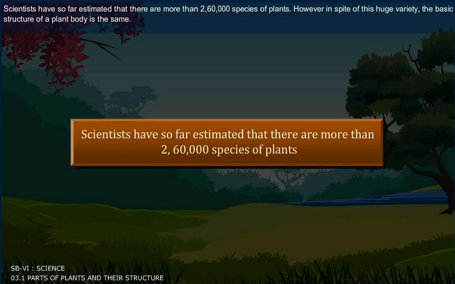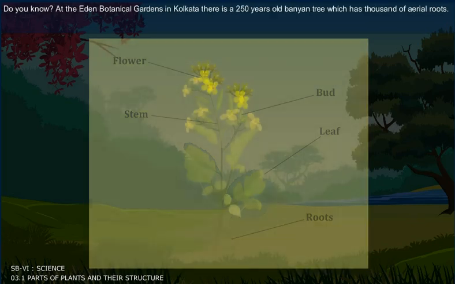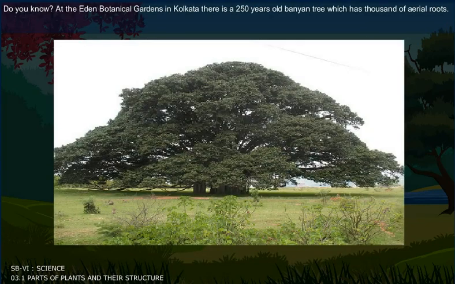However, in spite of this huge variety, the basic structure of a plant body is the same. As we all know, root, stem, leaf, flower, and fruits are the parts of the plants. Now we will learn about their structure. Did you know? At the Eden Botanical Gardens in Kolkata, there is a 250-year-old banyan tree which has thousands of